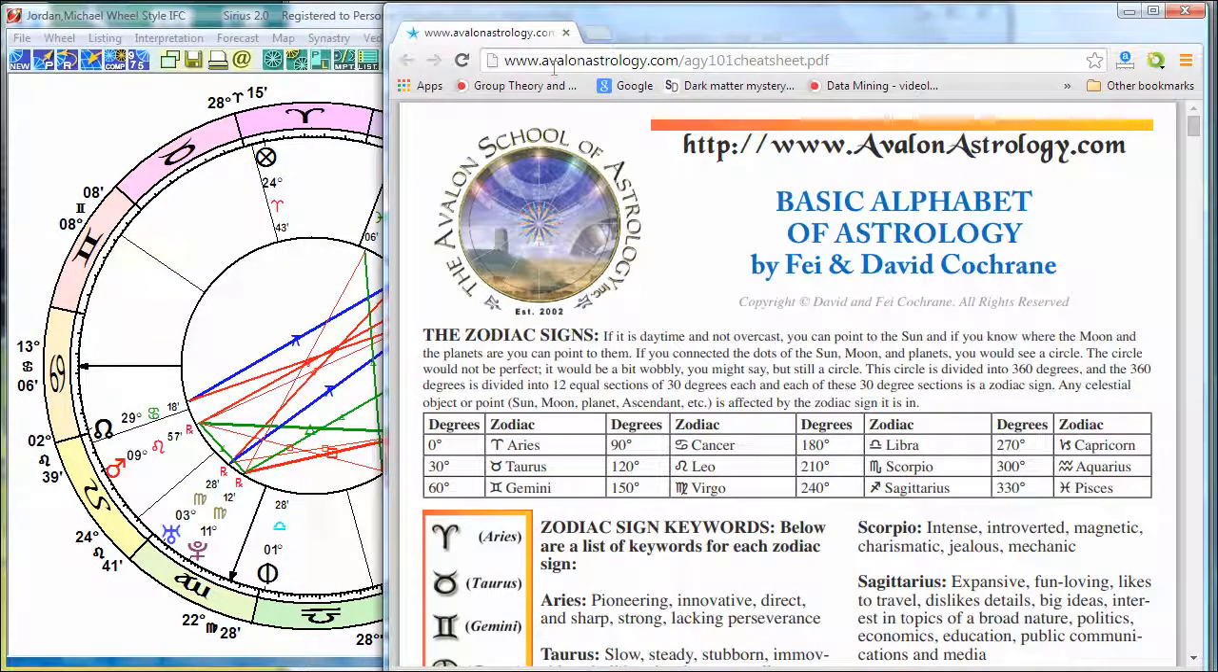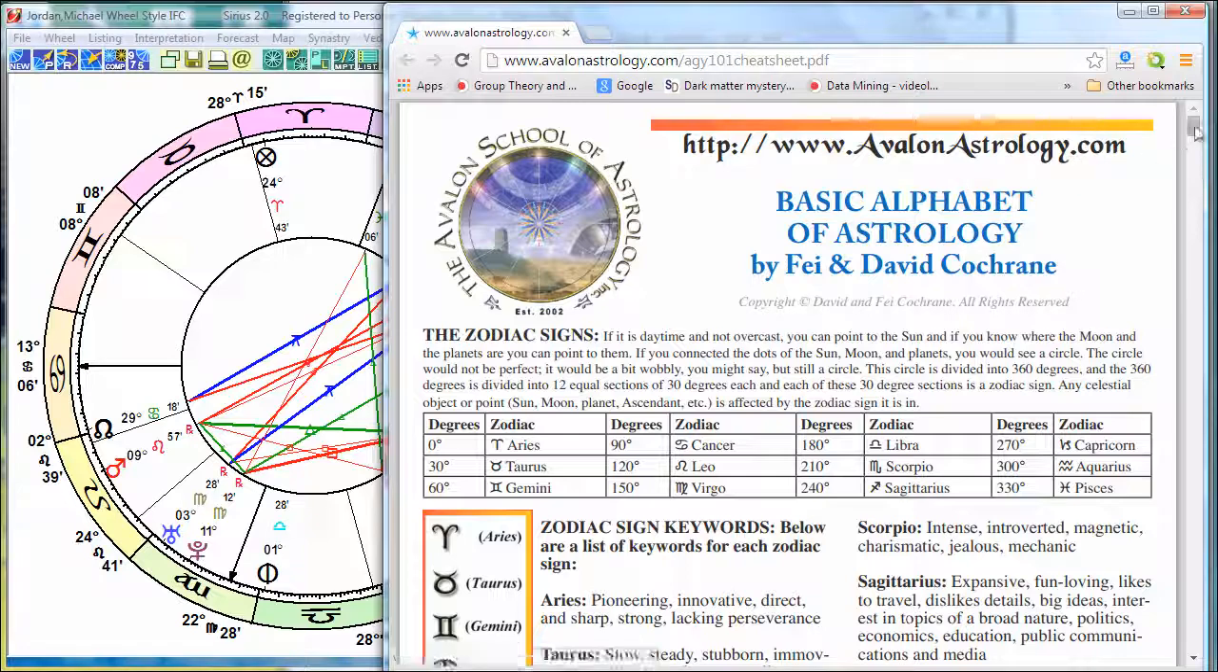At this website, the address is AvalonAstrology.com/AGY101cheatsheet.pdf, okay? So that's AvalonAstrology.com/AGY101cheatsheet.pdf. If you go to that website, there's a nice little summary done by myself and my wife for